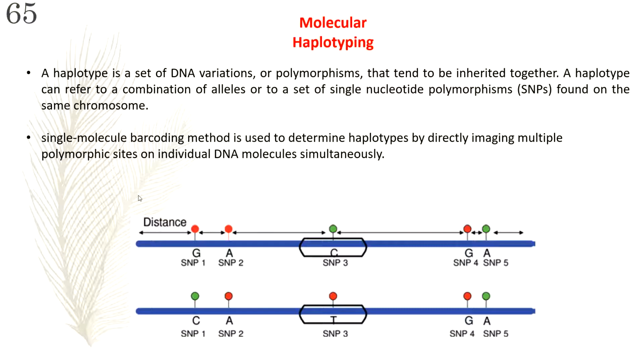And so a haplotype can actually refer to a combination of alleles in a single gene, or it could be alleles across multiple genes. And sometimes it could also be a single nucleotide polymorphism that is not in a gene but in between the genes. Okay. Now, basically, it just means that these are variations in the DNA that are so close together that they tend not to recombine, and they therefore tend to be passed down through generations together.